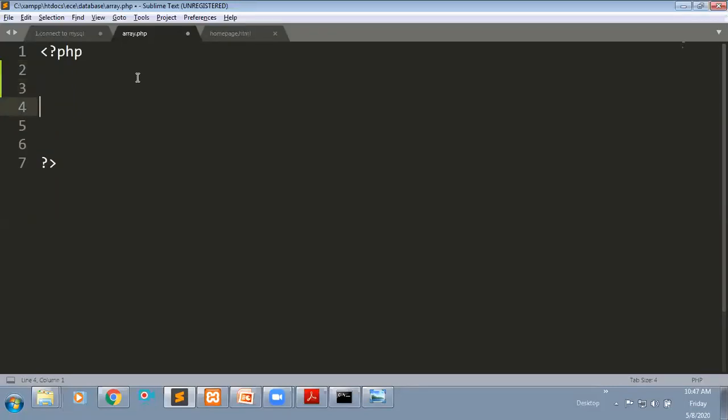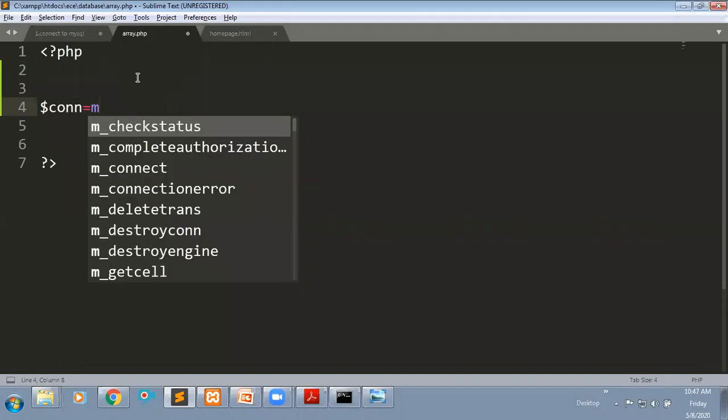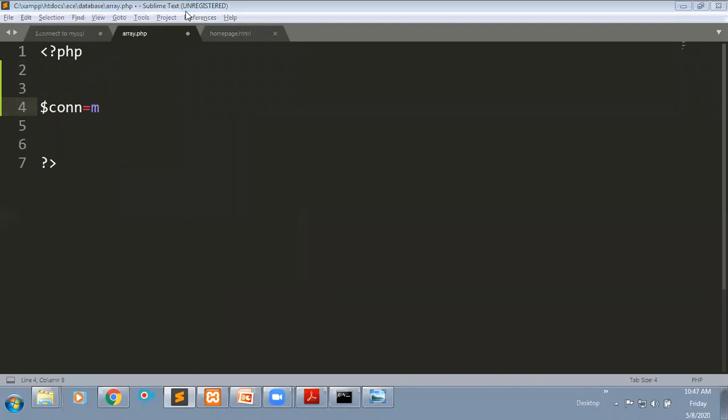First, you need to connect with your server. How can you connect?